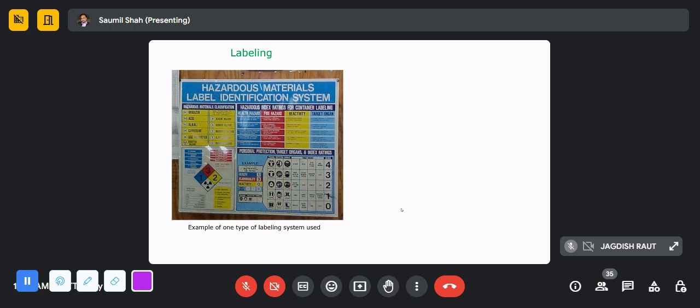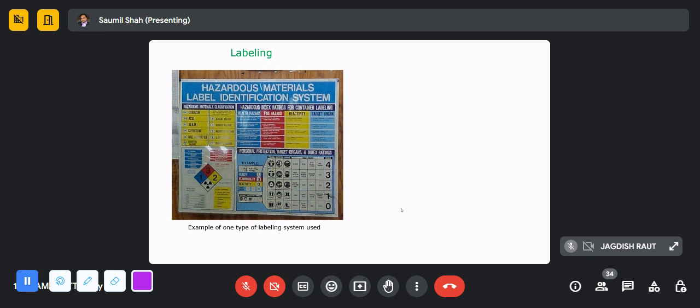This is an NFPA diamond, where blue stands for the health hazard, red stands for the fire hazard, yellow stands for the reactivity, meaning how the chemical reacts, and white is for the special hazard. Whenever you find any toxic and flammable chemicals in a tanker or storage tank, it is mandatory that you display this NFPA diamond. This NFPA diamond gives you an idea of how reactive the chemical is, how flammable it is, and how much it affects your health. So you have to display it at every storage tank which you are handling,